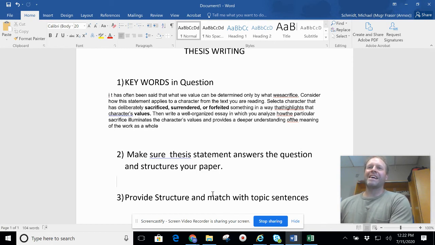The important thing is that if you get the thesis writing right and you structure your paper right, it will be almost impossible to not get a good mark on your essay. Whereas if you do not structure your paper properly and your thesis does not address the question, it will be almost impossible to get a good mark on your paper. So this is where you need to spend your energy right now. It's Wednesday to Friday. You should